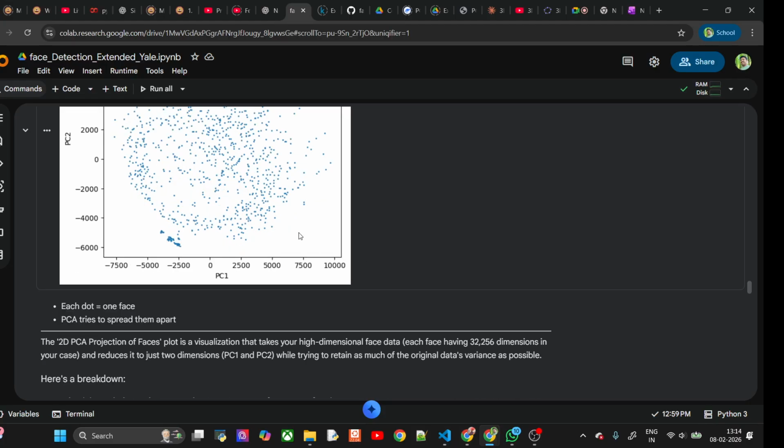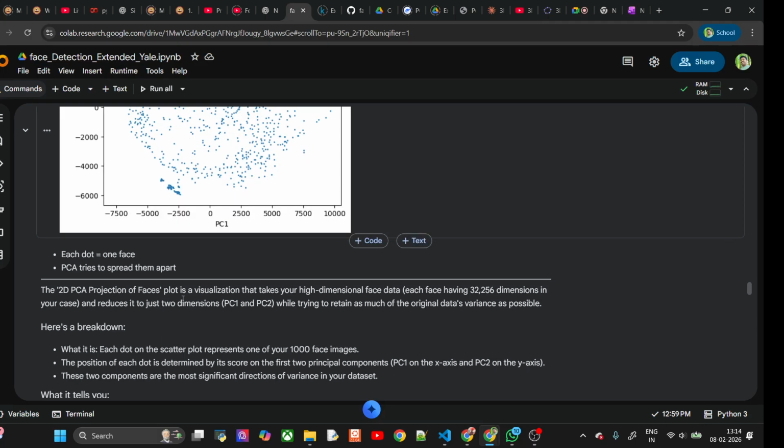Okay, so if you take more, then the dots will be more. Each point is of one face. Here I have mentioned the explanation. This 2D PCA projection of face plot visualization takes high dimension face data,